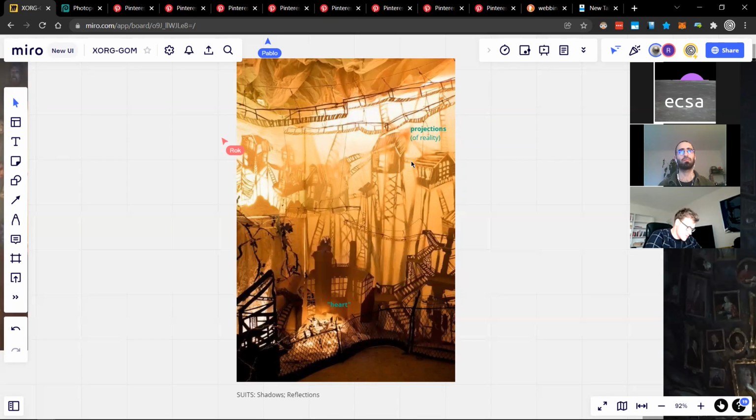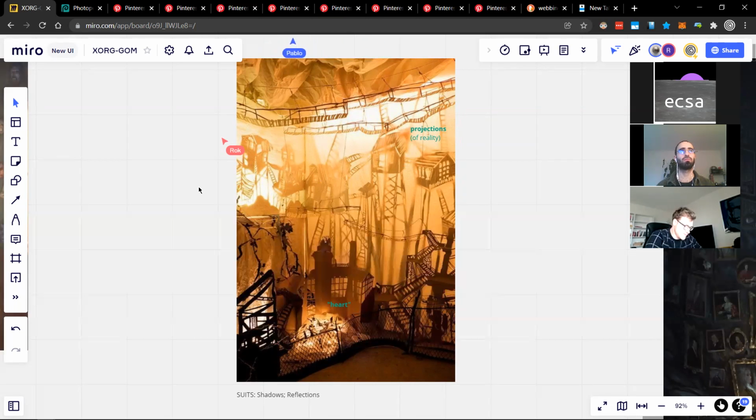So layer thinking condenses a certain power when it's seen as this sort of filter.